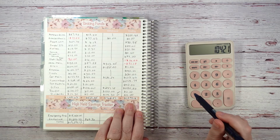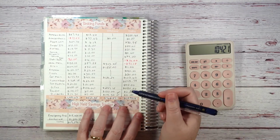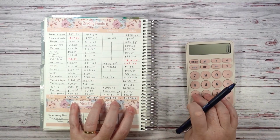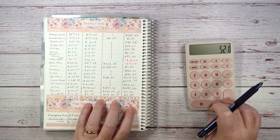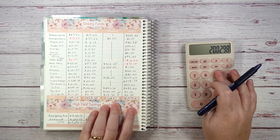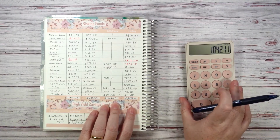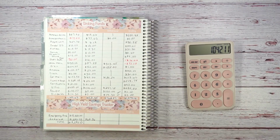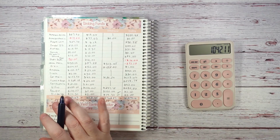$1,042.10. I lost a penny somewhere. I'm not going to sweat it. I know it's 11. If the math is math in here. Did I type something wrong? That happens sometimes. And then 6, 8. There it is. Okay, yeah, I just typed something wrong. So $1,042.11 sitting in the savings account, and it just sits there until I need to use it for whatever purpose